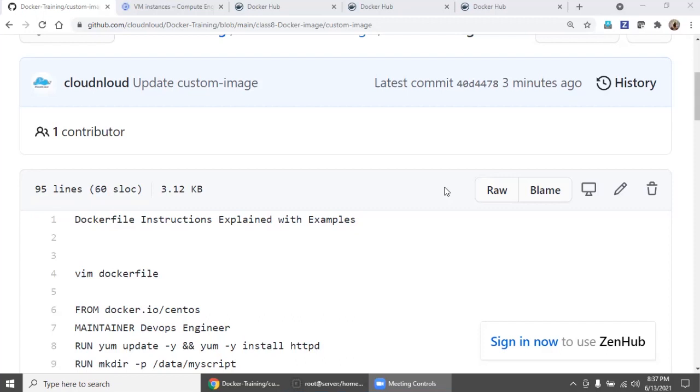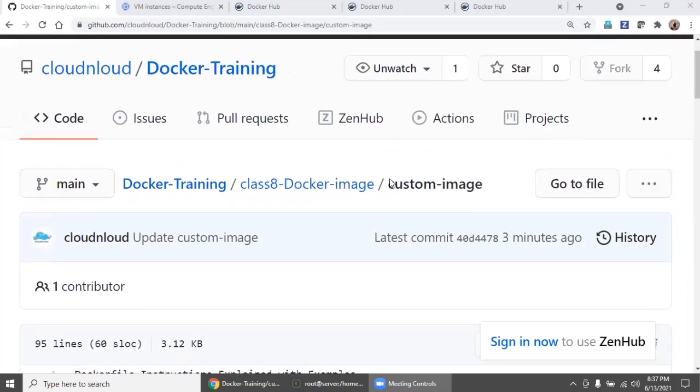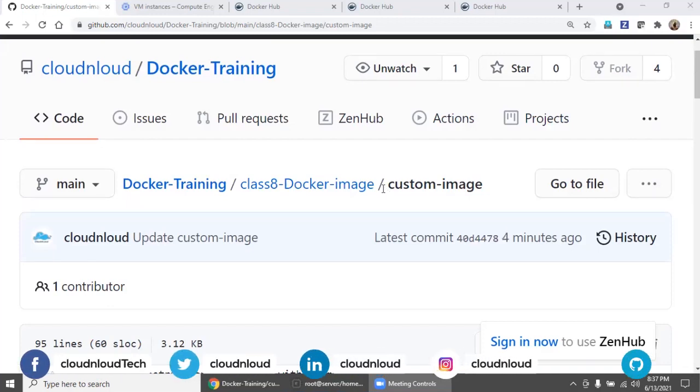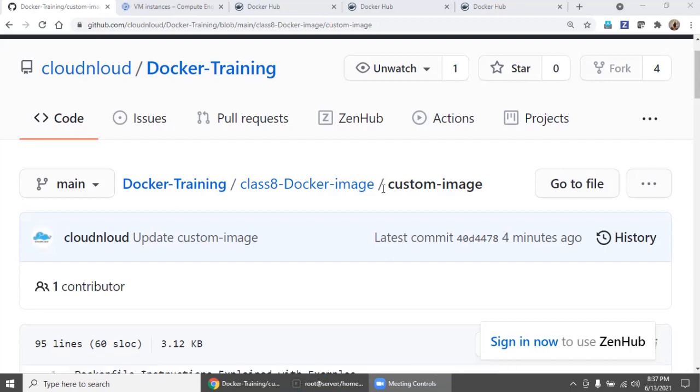Hi, welcome back. In this session, we are going to discuss Docker images, how to create a custom Docker image, what parameters we need to take care of, and what parameters we need to mention in the Dockerfile, and how to execute with tagging, without tagging, and how to create a repository. And while pushing, how to make sure the correct tagging is in place, and then we can create a proper push to the Docker repository.